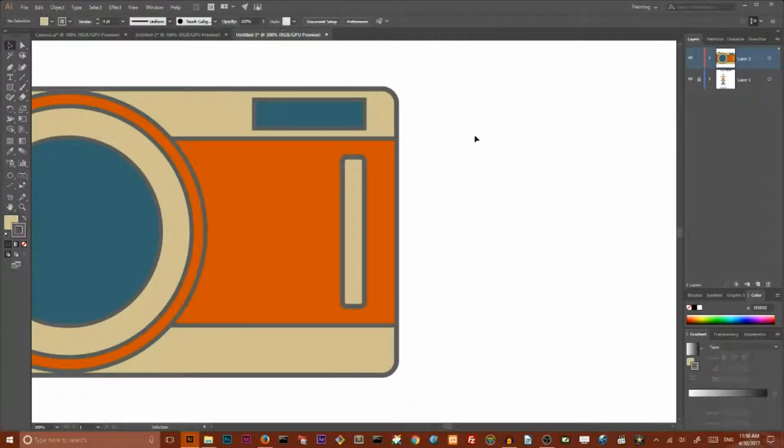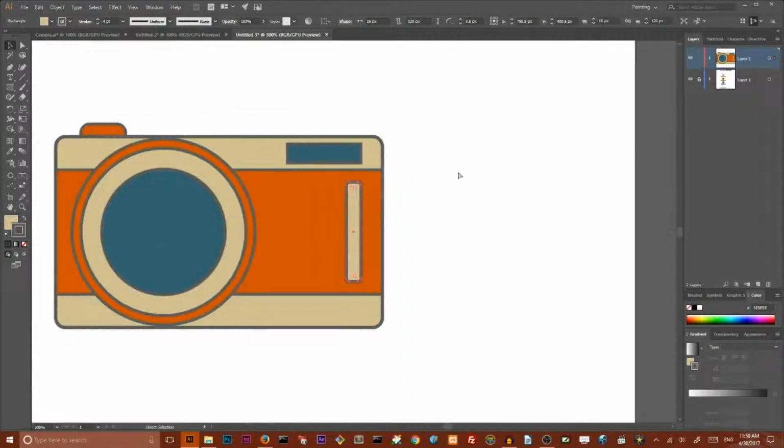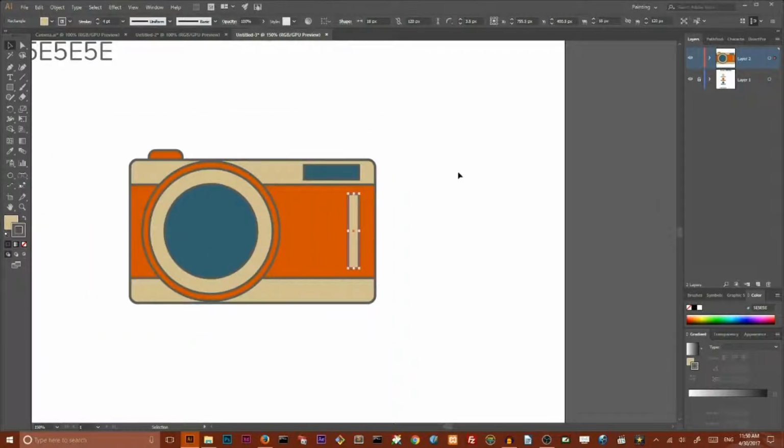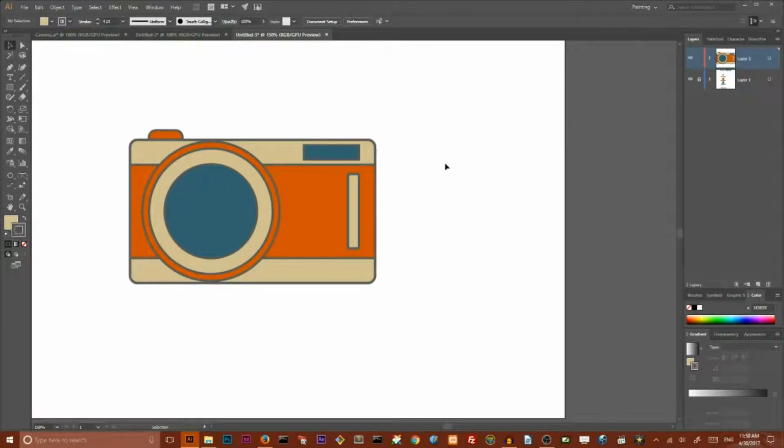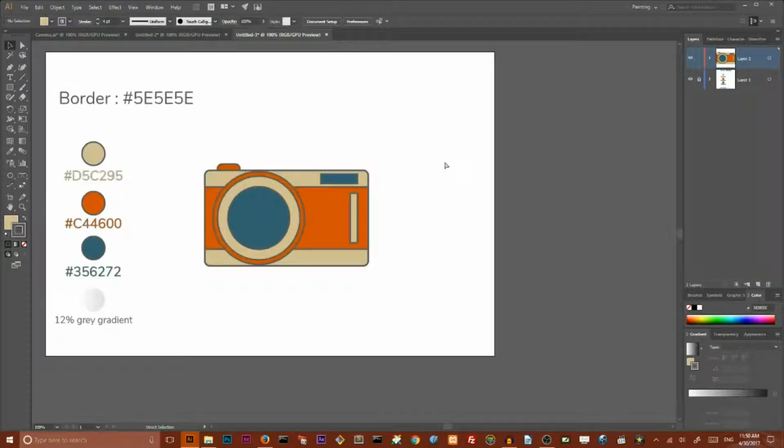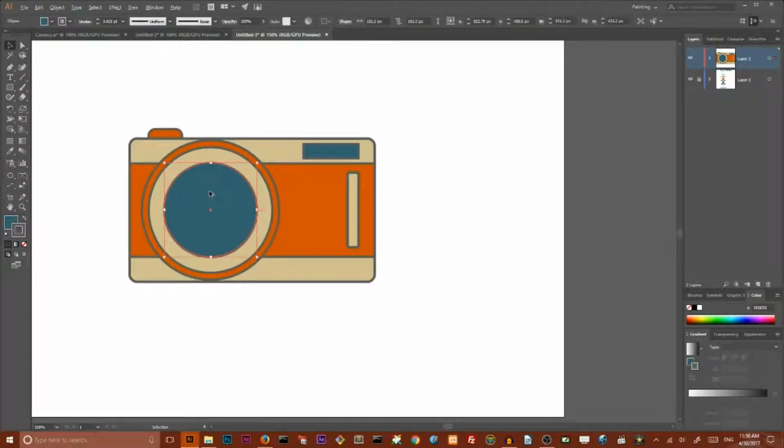But I am happy with this result. I am doing it manually and it's perfectly fine. Now I am going to add some shadows and highlights. So select your lens circle and drag it holding Alt key. It produces a copy of this circle, and Shift key,